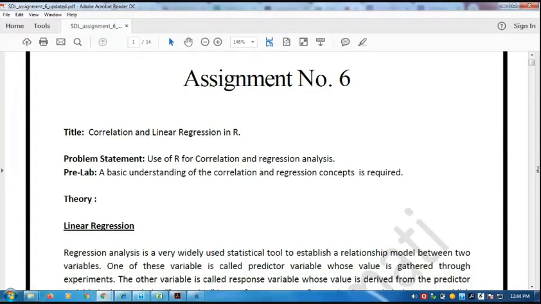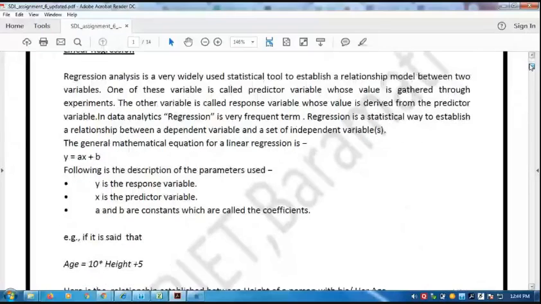That means you are trying to relate two or more things, and regression analysis, or linear regression, is what we are going to do in this assignment. You all know the concept of linear regression, in which we have two types of parameters. One is called the response variable and another is a predictor variable, and we generally represent those in the